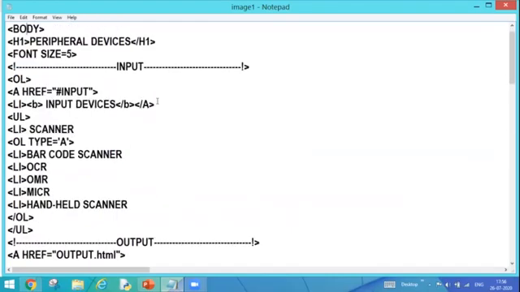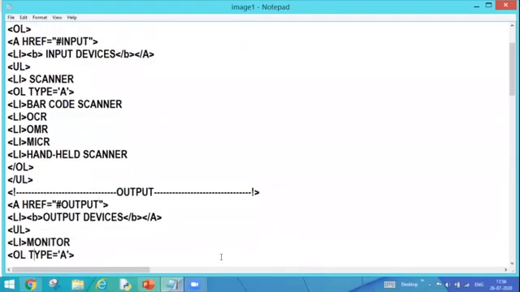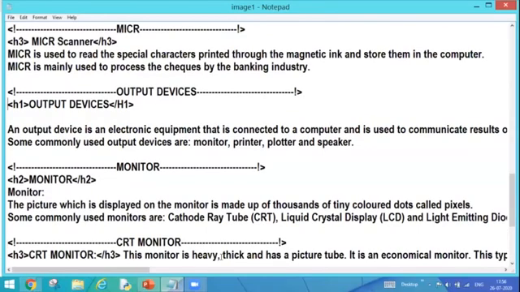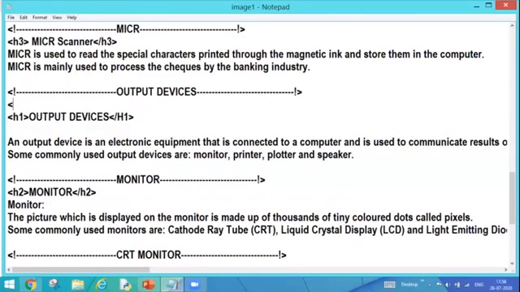Similarly, we can do further, like I can create it for output also. So what will I do? In place of this output.html, what can I do? I can create one hashtag for output. So the name of my link is output. Now what do I need to do? I need to go to the output section here. This is my output devices. And here I will generate name is equal to, what is my link name? This is output. And I have done it. Close a tag. And the link is generated.